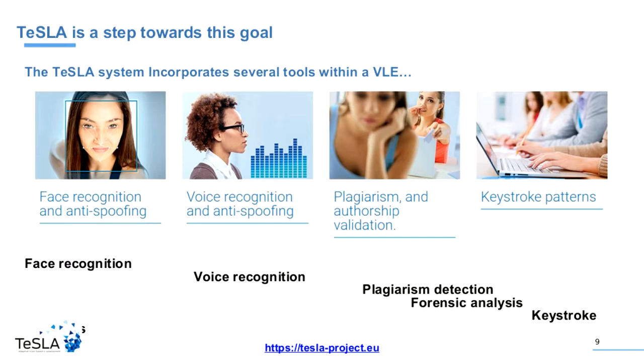Sorry. So there's those tools, and below those, I've used the names we tended to use during the project. For the face recognition and voice recognition, there are also versions of those which are anti-spoofing, which are to try and stop people using other people's data to validate their work. And so these tools were all developed by different groups, and they were brought together within the TeSLA suite. So if I click the next slide,